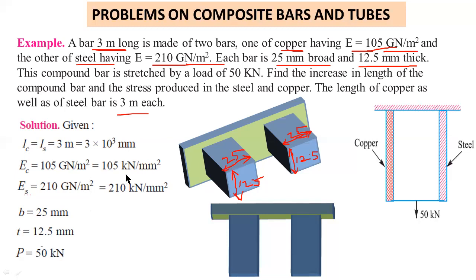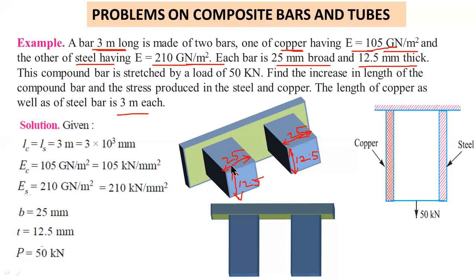So here kilo means 10 power 3, 1000 newton per mm square. Similarly, ES equal to Young's modulus for steel, that is 210 gigapascal, that is 210 giga Newton per meter square equal to 210 kilo Newton per mm square. Here the dimensions,